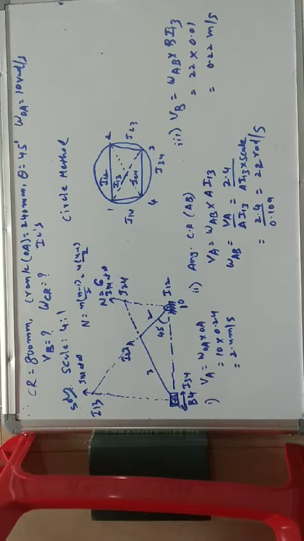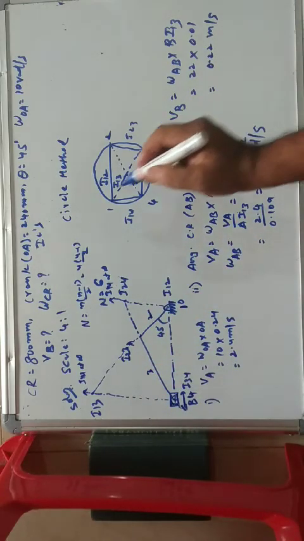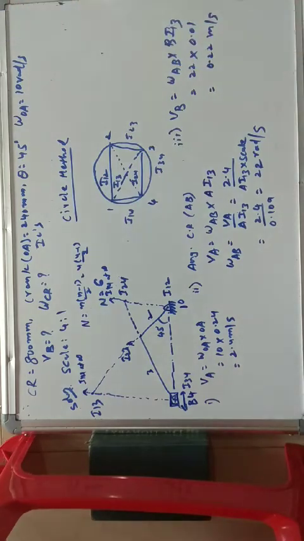And just before doing this calculation, we found the instantaneous centers. Which method did I adopt in this? The circle method. Okay. So in this way, you can refer to some more problems. I think the problem is completed.